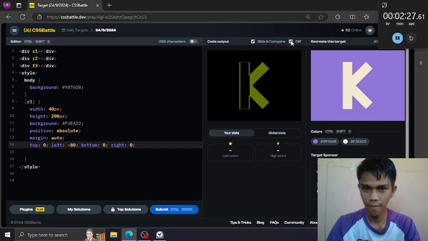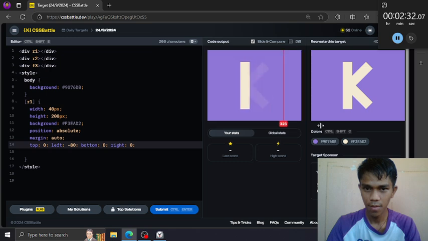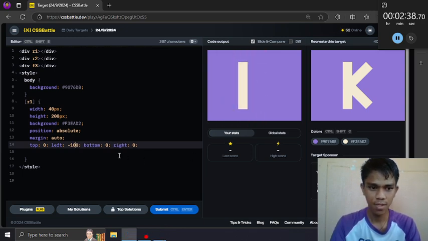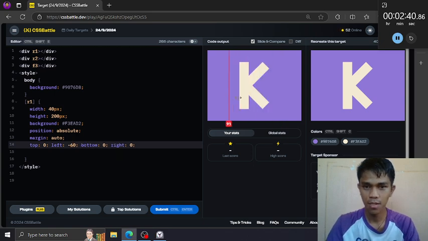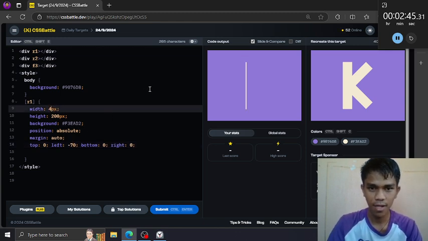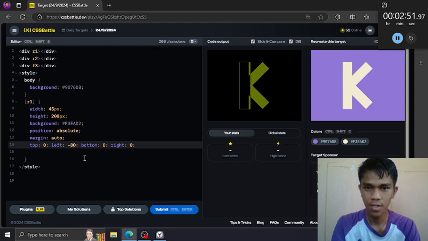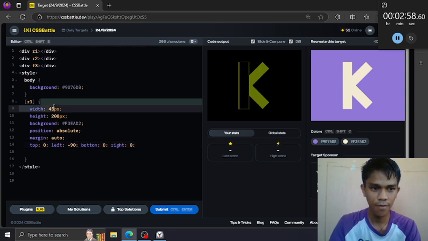Check the diff. Move this to the right, 100. What's happening? 60. Nope, 70, and then this is 45. 80, 90, 80, 90, 90, and this is 42.